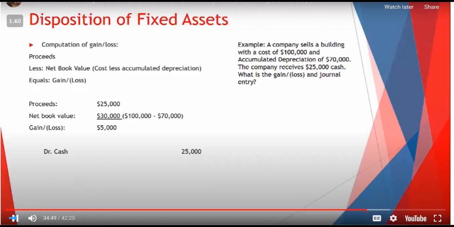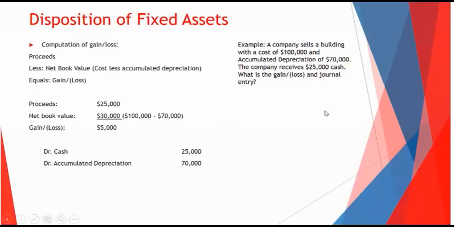But it normally has a credit balance, so we need to remove it, right? We've got to get rid of that. So if it had a credit, we need to debit accumulated depreciation to get rid of it. We have a loss. Losses are like expenses, so we're going to debit the loss for 5,000. And then finally, we have to get rid of this building that had a debit balance of 100. We need to credit it to get rid of the building, take it off our books, cancel it out, if you will, in your mind. So credit the building for 100,000.